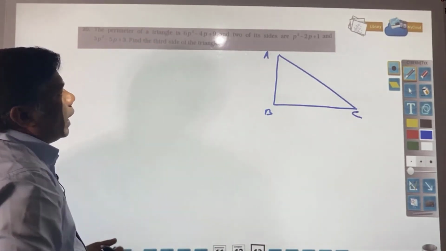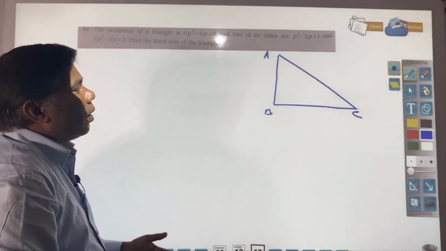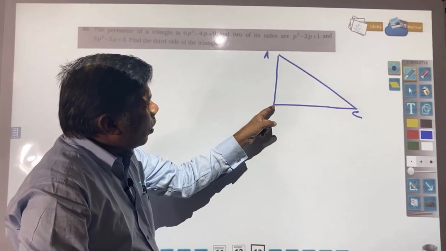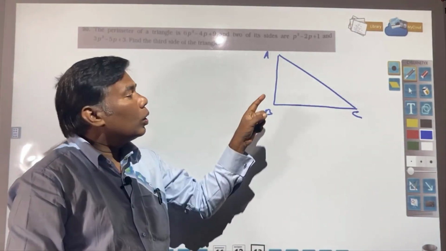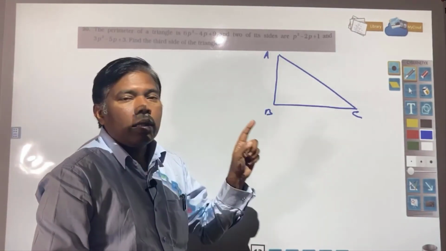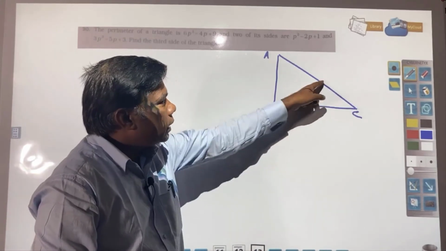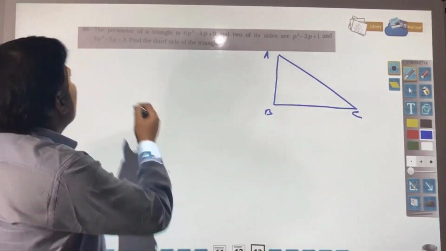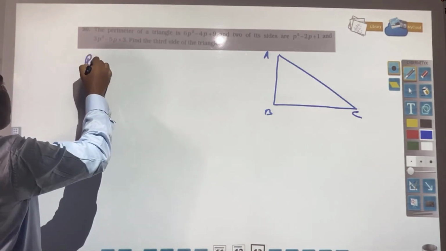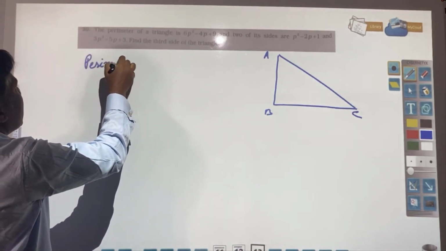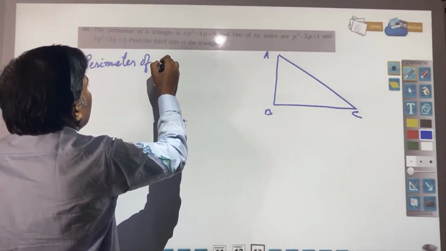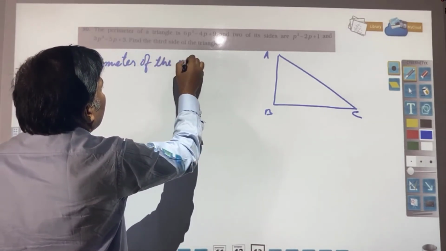Again, as I told you, the perimeter of the given figure is the length of all the sides, or the total length of the boundary. Here it is AB plus BC plus CA. So you can write the perimeter of the given triangle